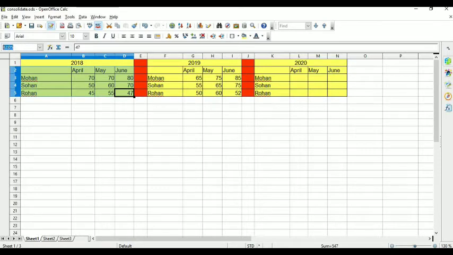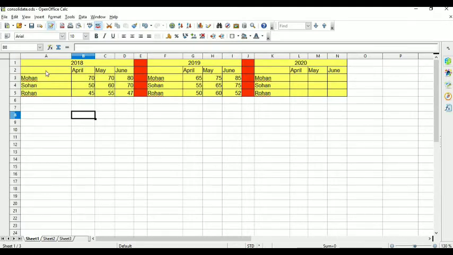See here, range of the cell is written like A2, then colon sign, and after that D5. So this is the starting cell address, means we are starting from A2 and finished at D5. So this is called range of the cell. So consolidate data will work with the range of cell.